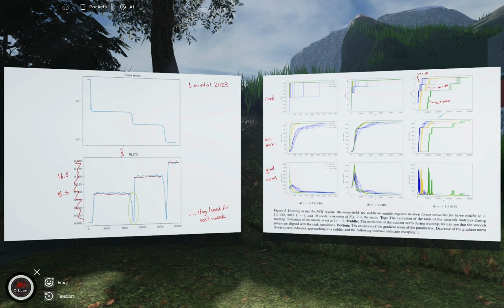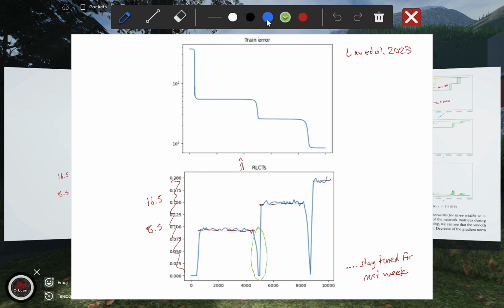In any case, so this is the deep linear network. Why are we interested in this model? It's the next step up from very simple models and towards neural networks. It's a place where we can still compute the actual RLCTs. It's a place we can actually do the full SLT analysis and then compare it to observations from these estimation techniques. So I think it's an interesting area to look for, just to calibrate our techniques, to try to expand the theory. And I'm looking forward to seeing what the formula is for lambda hat here.